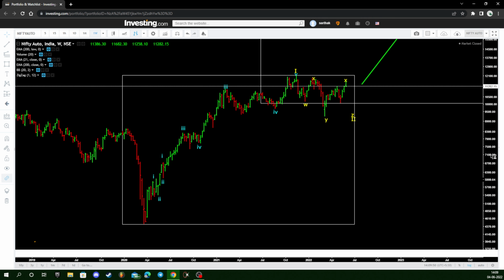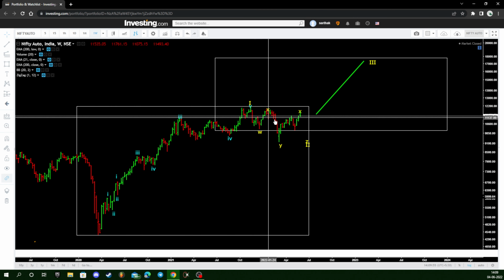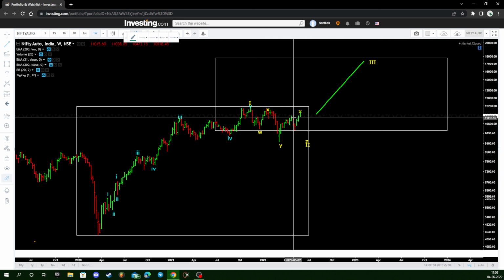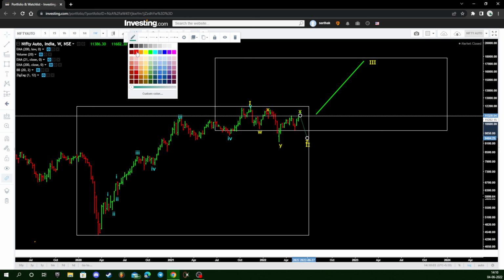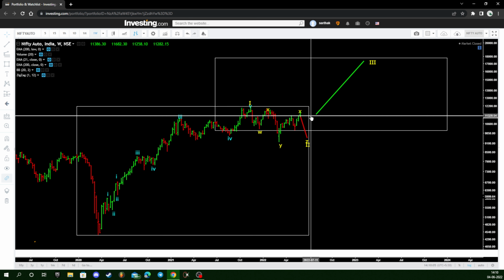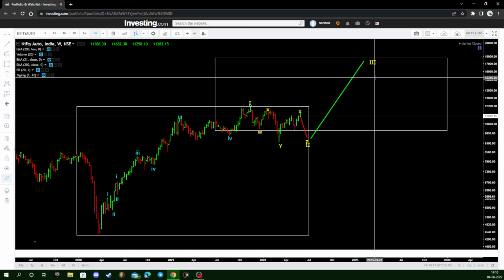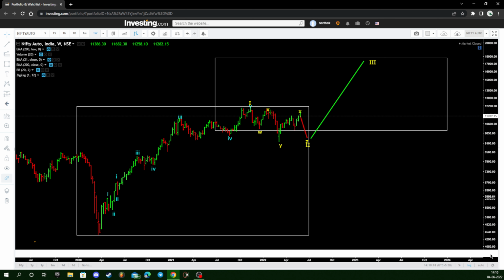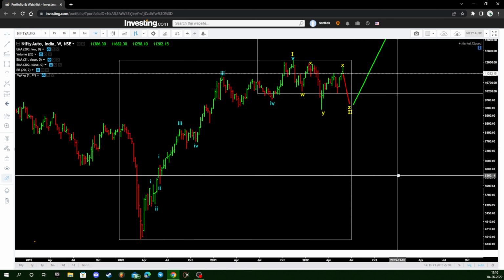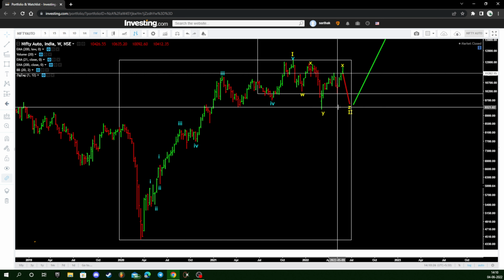But from a long term perspective, since we have completed a 5-wave advance, 1 2 3 4 5, it doesn't matter if we are going down for a Z wave to previous lows of 9200, and then again we are going to get a bounce. What we can say with a high probability is after the correction is over, we are heading towards at least 16,000 17,000 levels, where we can see wave third going higher. But it is very difficult at this particular point of time to predict if this is a 3-wave, or are we just going to extend in a 1-2-1-2 fashion.